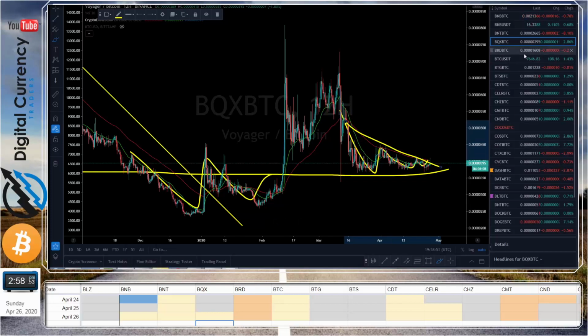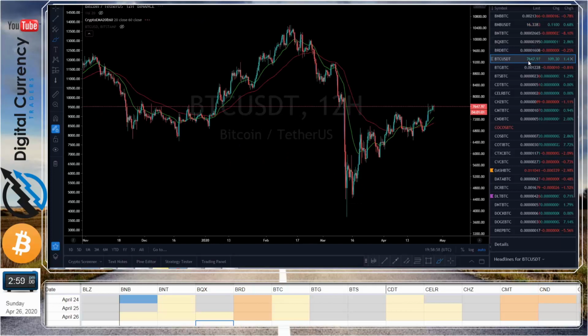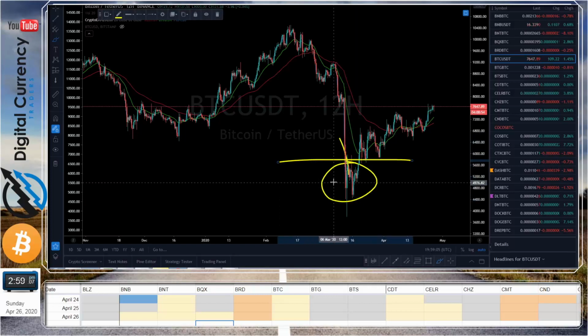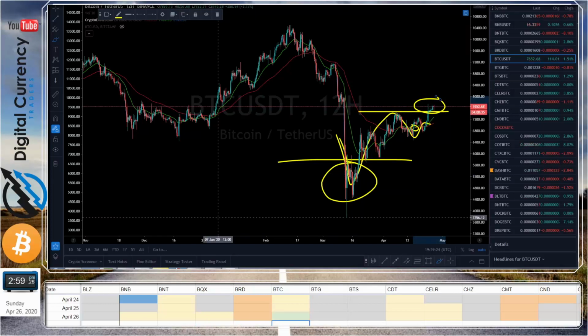Let's go on to BRD, which is just neutral. It's on its way down. It hasn't made a 1, 2, 3 yet. Okay, not yet. BTC, of course, it has made the 1, 2, 3 bottom formation here. We did the 1, 2, 3 bottom formation over here, but it was a real tricky one until the 12-hour EMA crossed. And as we're breaking above the 1, 2, 3, that is where we're going to switch that over to a hold status. And it did break earlier, so I am going to update that to a hold status